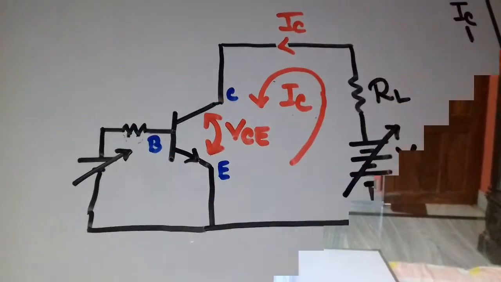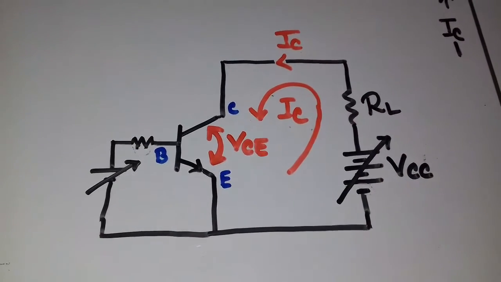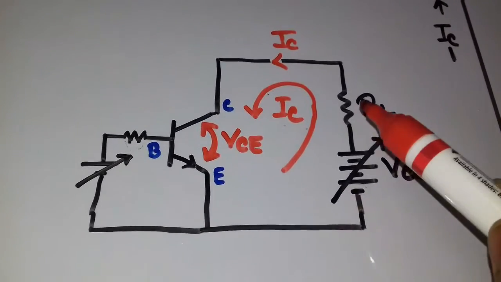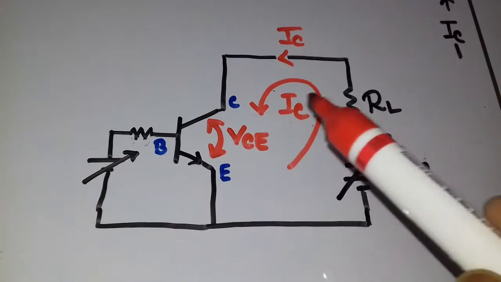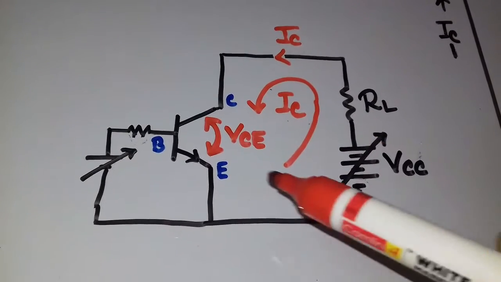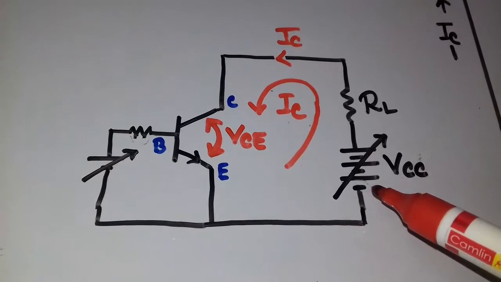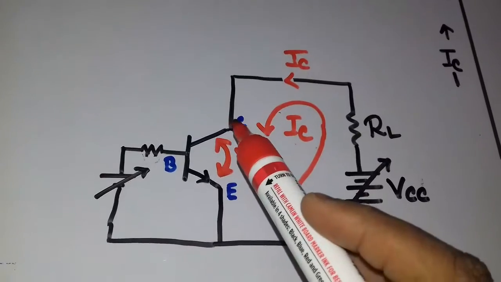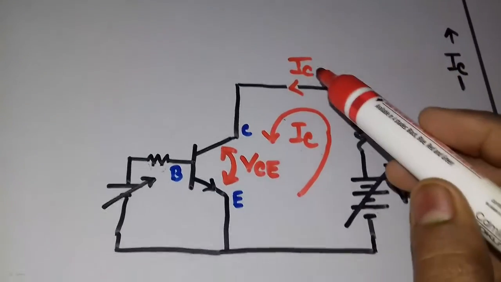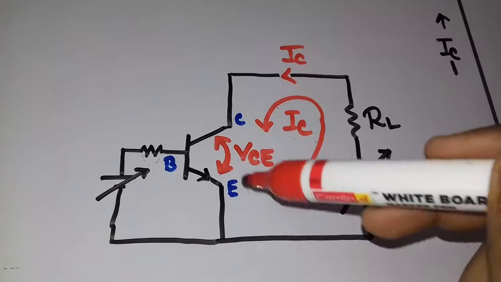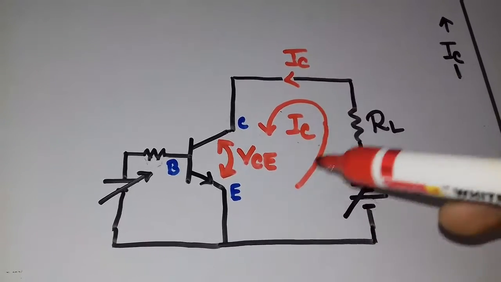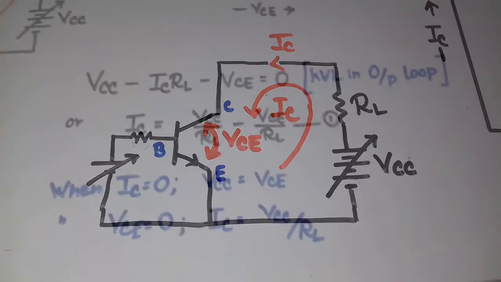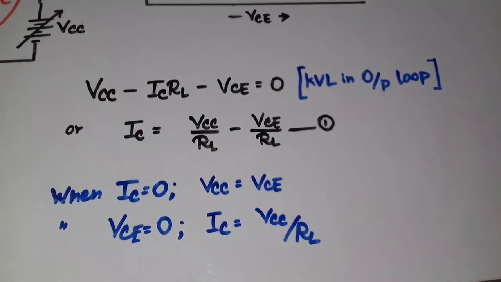So in this simple circuit, we have attached a voltage source, that is VCC, in series with the load resistance RL and a transistor in series with it. The collector end is connected with the positive terminal and the emitter end is connected with the negative terminal. So we can say that VCE is the potential difference arising between the collector and the emitter terminal, and IC, the collector current, is the amount of current flowing in the loop inside this.